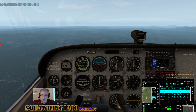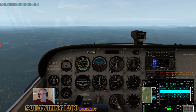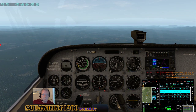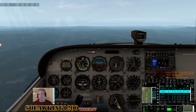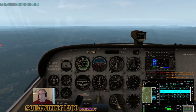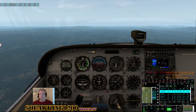The inconvenient part is it doesn't change. You have to go in and download it, which is okay. I guess it's part of the sim and part of the hobby, and you can do it for each specific airport that you're flying to. So if you want to start in Los Angeles, you can do all your departure frequencies for Los Angeles, and if you want to have all your arrival frequencies for Boston, you can do that. You can set them up basically